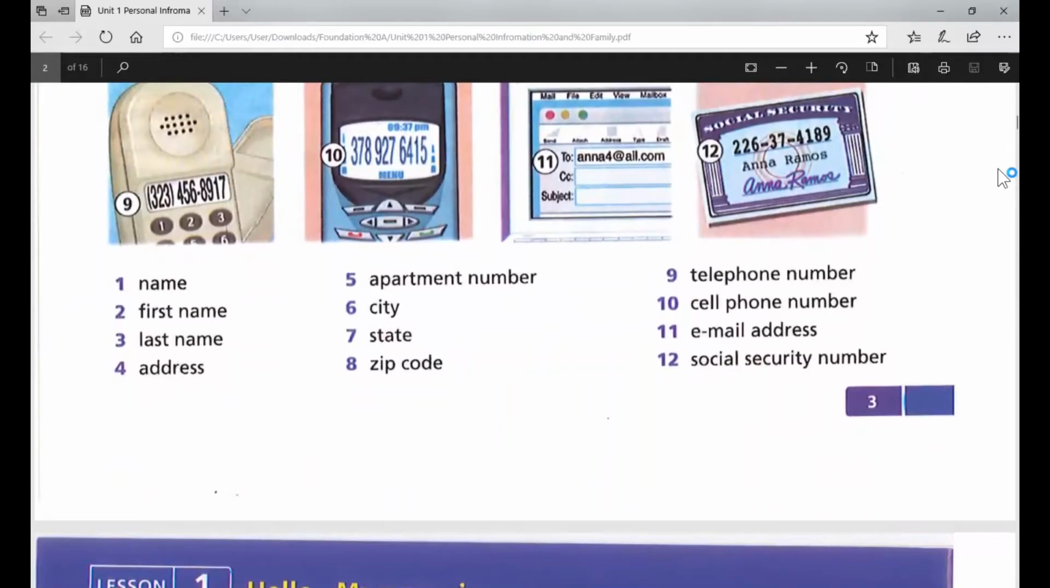Page 3, Vocabulary Preview. Listen and practice the words. Name, first name, last name, address, apartment number, city,